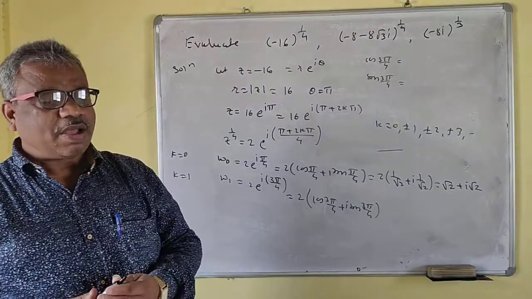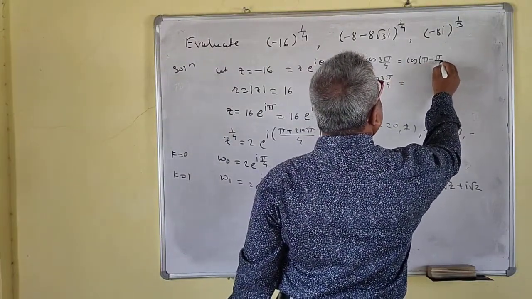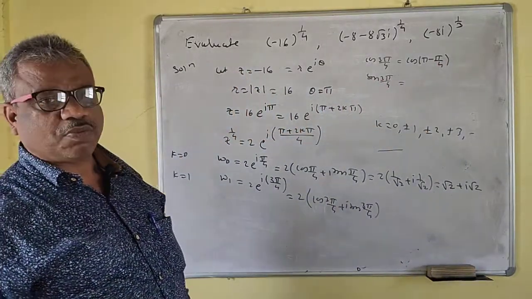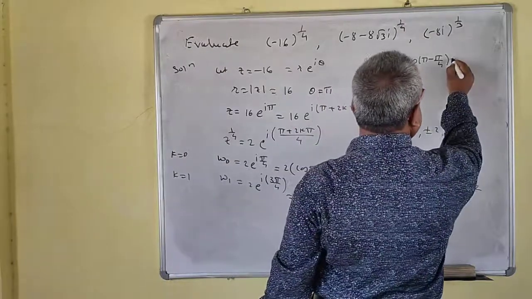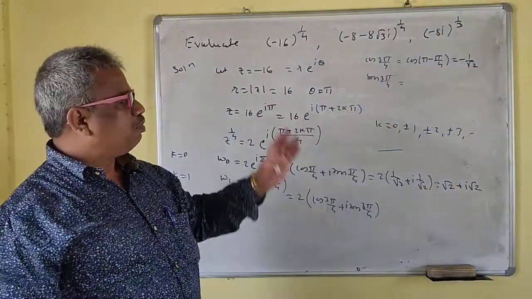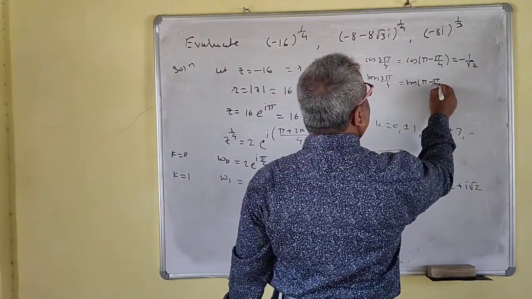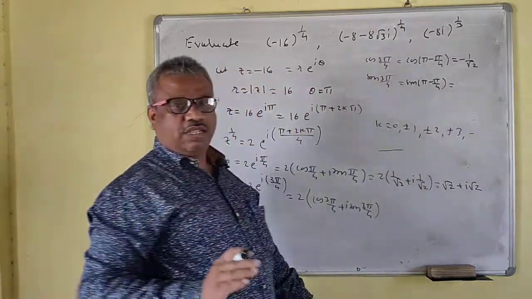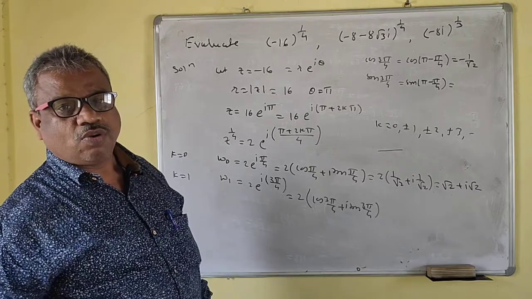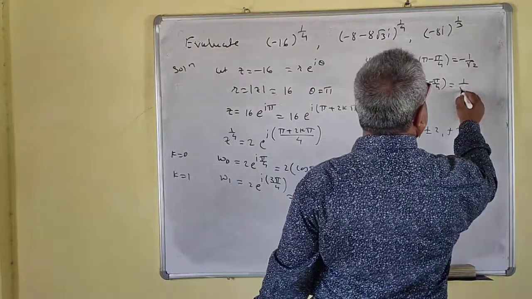So cos 3 pi by 4 is nothing but cos of pi minus pi by 4. We'll find it orally now. Cos pi is minus 1, so minus 1 by root 2, because in the second term there is a sin pi, so that will be 0. Here also, sin of pi minus pi by 4: in the first term there is sin pi, so the first term is 0, minus sin pi by 4 cos pi. But cos pi is minus 1, so minus 1 becomes plus. So this will be plus 1 by root 2.